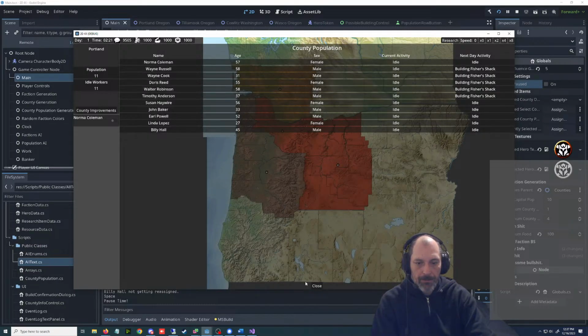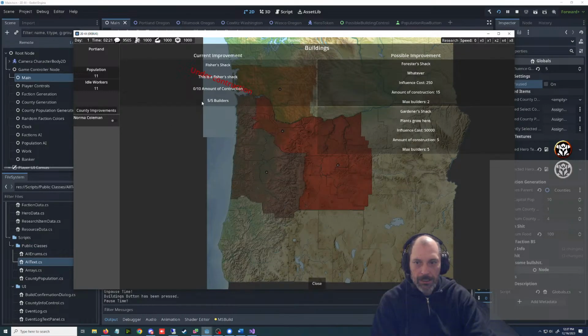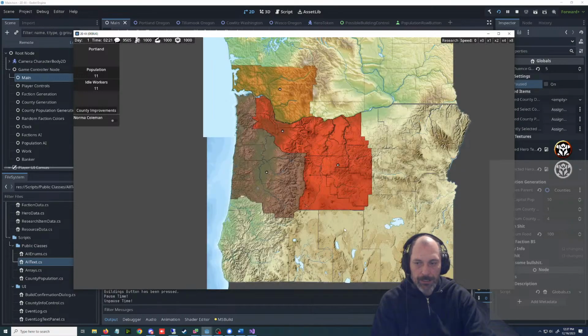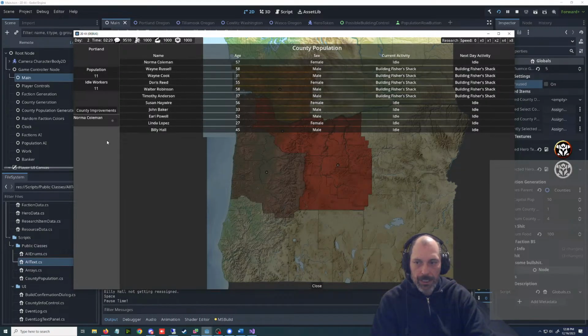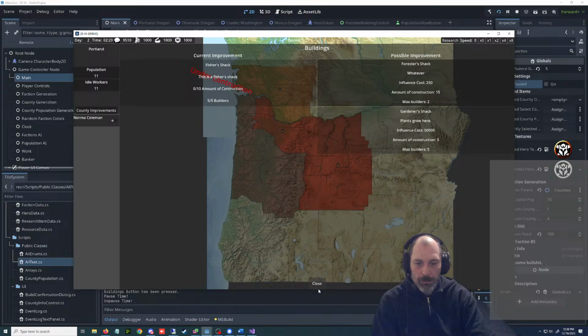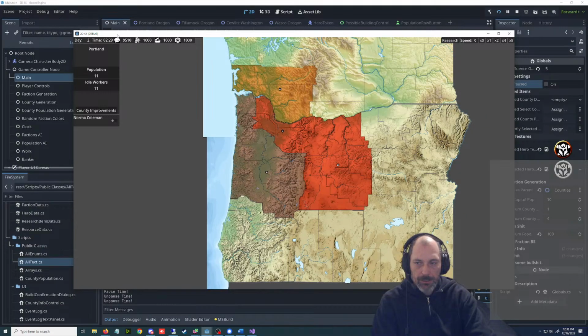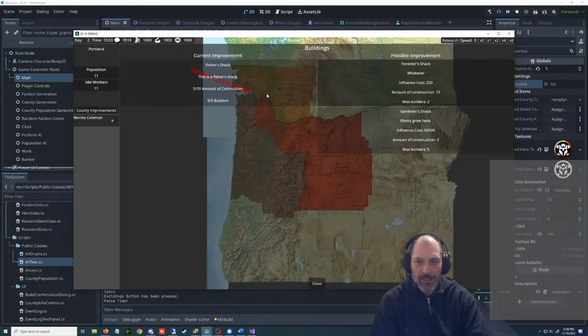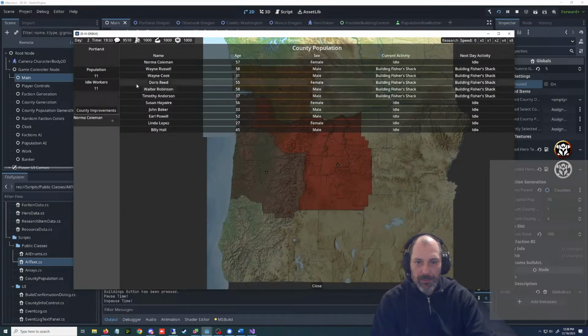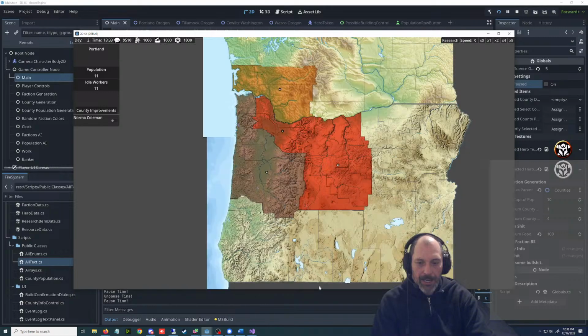The Fisher Shack, 5 people are working on it. It says it's under construction. There's 0 of 10. We wait for another day. And now they're all set to build the next day. Nothing has been constructed yet because it's not 5 p.m. so their workday... I mean, they don't start till 9. There's no code in there that says that. But okay, so they finished 5, and their next day is the Fisher Shack.